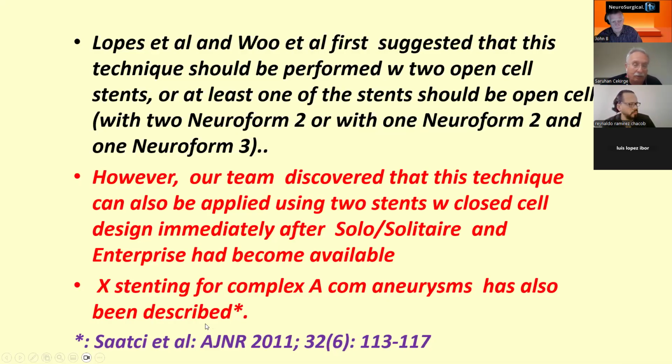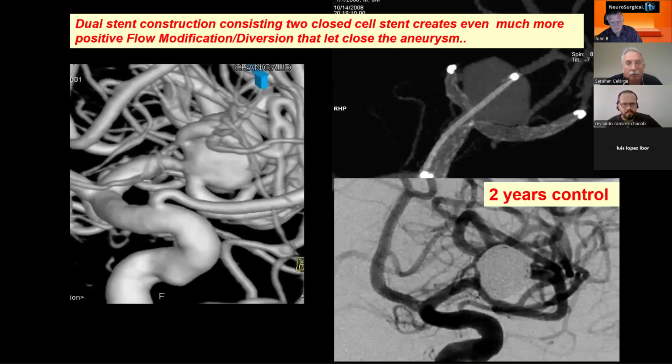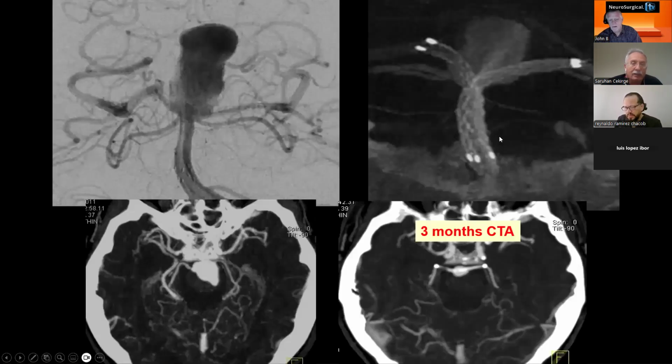My colleague also described X stenting for complex ACOM aneurysms. In the dual stent reconstruction, especially since the second stent with the two closed cell design did not fully open at the neck of the aneurysm, it creates a flow diversion point and makes a flow diversion in those cases. How did we prove that? We clinically proved that. We came up with